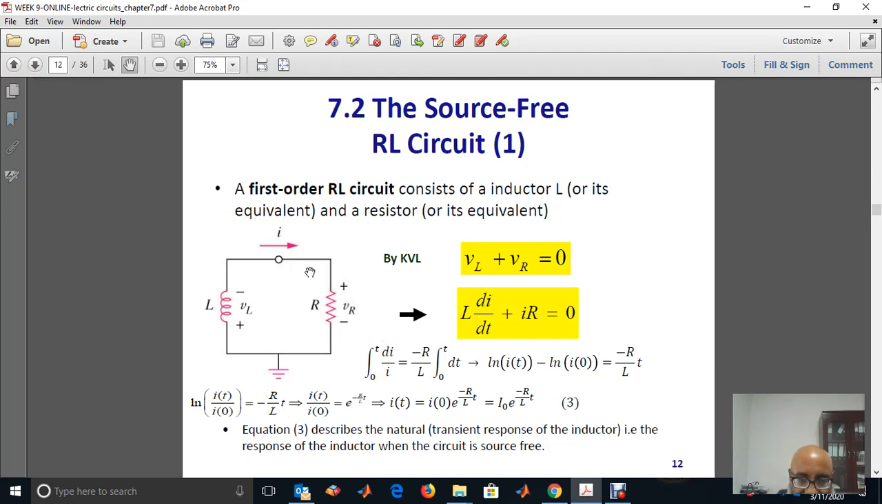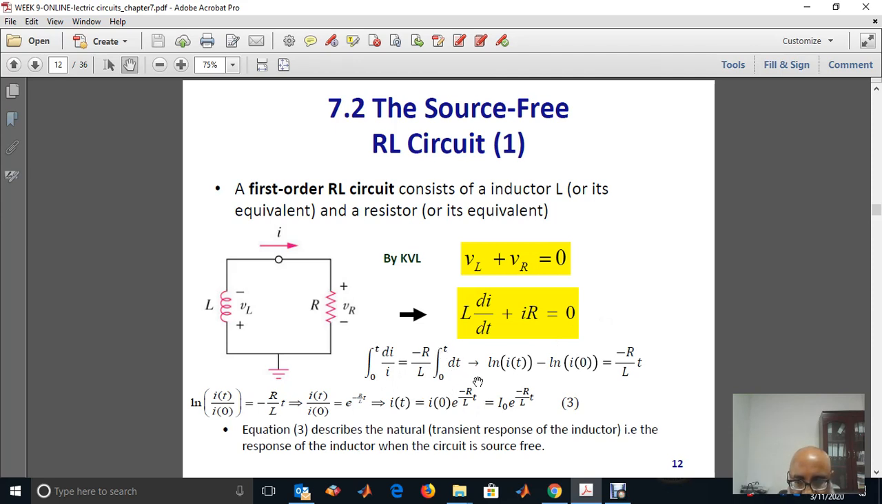Source-free RL circuit. Like the source-free RC circuit, we have the source-free RL circuit with an inductor and a resistor. This is also described by a first-order differential equation. For example, this is the current. Using KVL, we have VL plus VR is equal to 0. What is VL? L di by dt plus iR is equal to 0. Then we rearrange di over i equals minus R over L